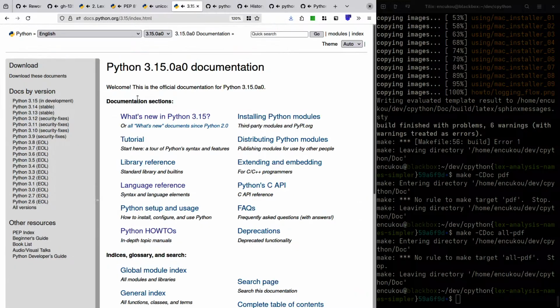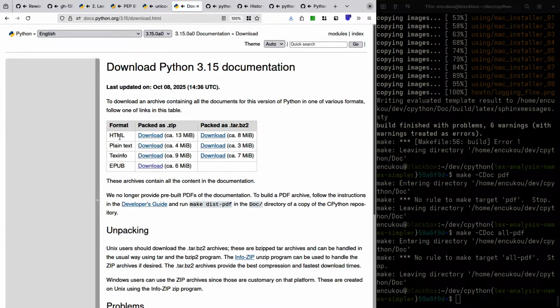Oh no, is the HTML different? Oh yeah, the HTML is different files, but you can also tell Sphinx to build a single file HTML with all the documentation.